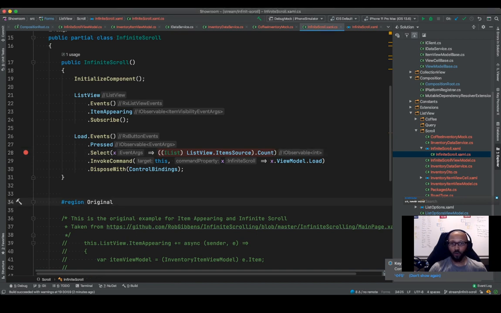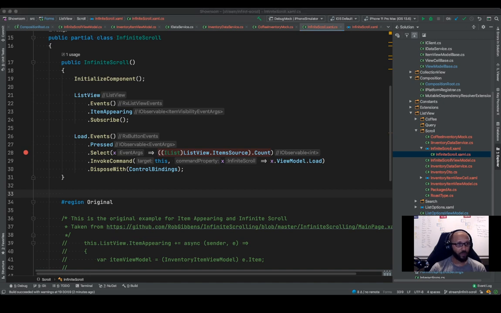Yeah, we haven't bound the item source to anything. That might be part of the problem. Let's go ahead and bind the item source. That's probably a great point. So let's just go ahead and be good stewards of the code and do what we know we need to do. So here,